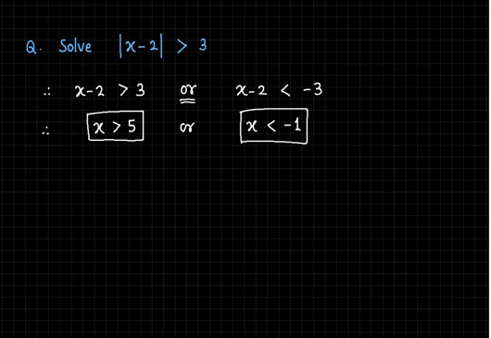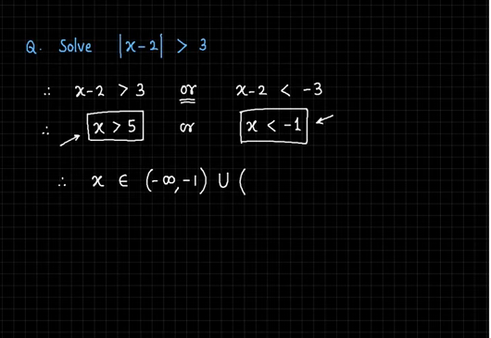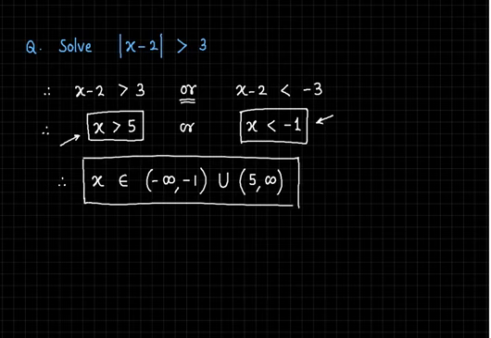If you want to write this solution in terms of intervals, we can say in short that x has to belong to the interval. Now let us write the interval that comes first on the number line. So that is the region which is less than minus 1. So we write that as from minus infinity to minus 1 union the other region that is greater than 5, that means from 5 to positive infinity. Correct? So that's the solution set of the inequality.